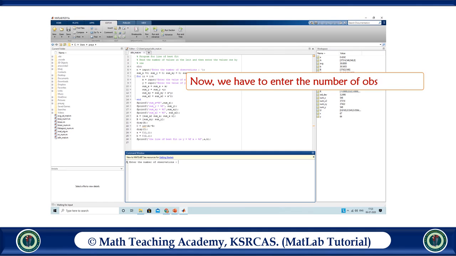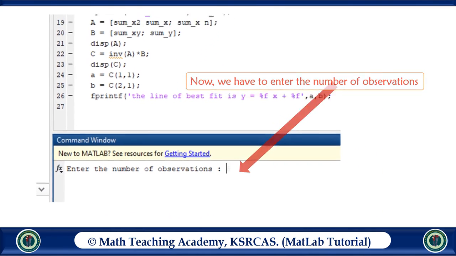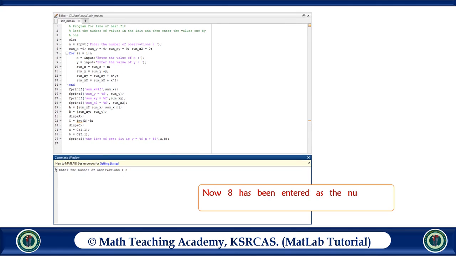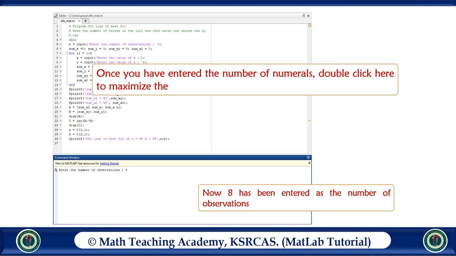Now we have to enter the number of observations here. Now the value 8 has been entered as the number of observations. Once you have entered the number of observations, double click here to maximize the command window.